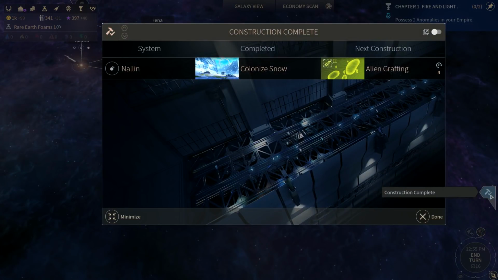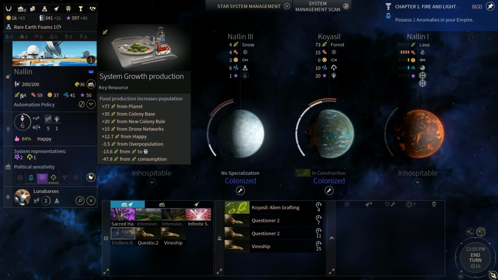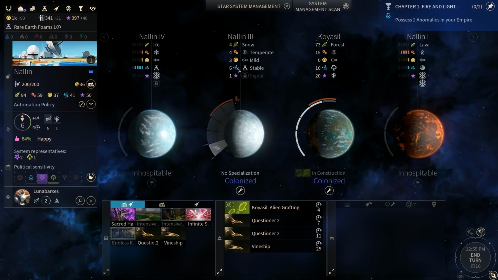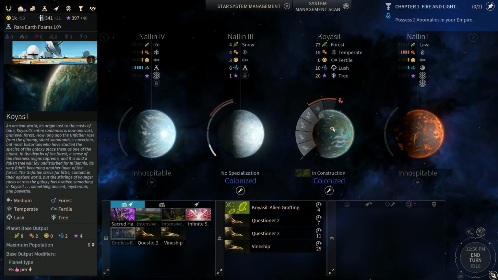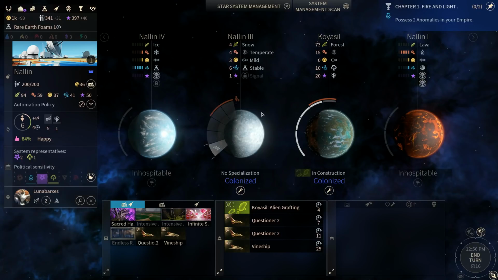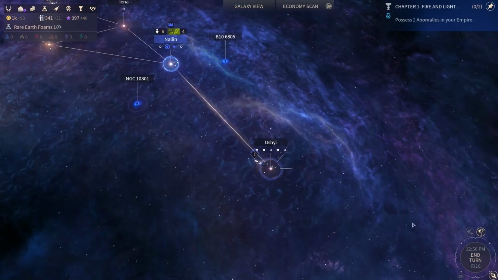Alright, we're getting alien grafting, so our homeworld's just going to grow like frickin' crazy. Meanwhile, our science output, because we've got a new guy on this, is great. And we definitely talked about specializing that planet for science later. But instead of...